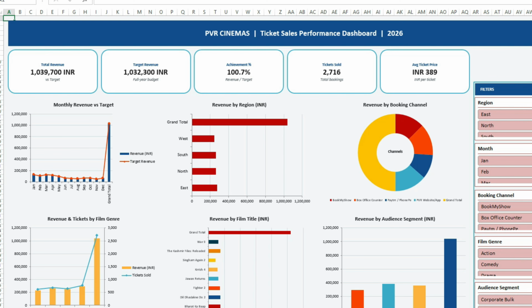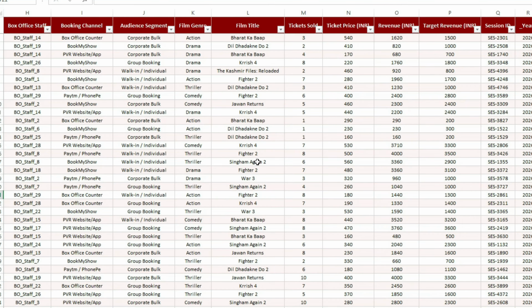And if you add new rows to this data, meaning if you want to add new sales records, new dates, new screens, just click the button again. The dashboard rebuilds automatically on the updated data. Every chart reflects the new numbers. Every KPI card recalculates. For anyone doing weekly or monthly reporting in Excel, this removes the biggest friction point in